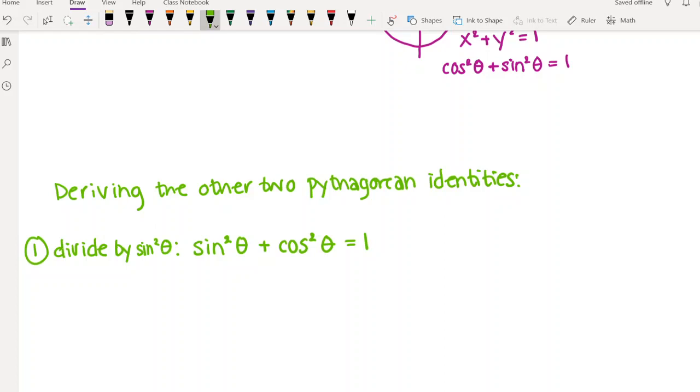Because when you have an identity, it's an equation that is always true, right? We're saying the left and the right-hand side are equal. And anytime you have an equation, you're allowed to do the same thing to both sides of the equation, right? So we're just taking this equation and turning it into a new one. So if we go through and divide everything by sine squared,